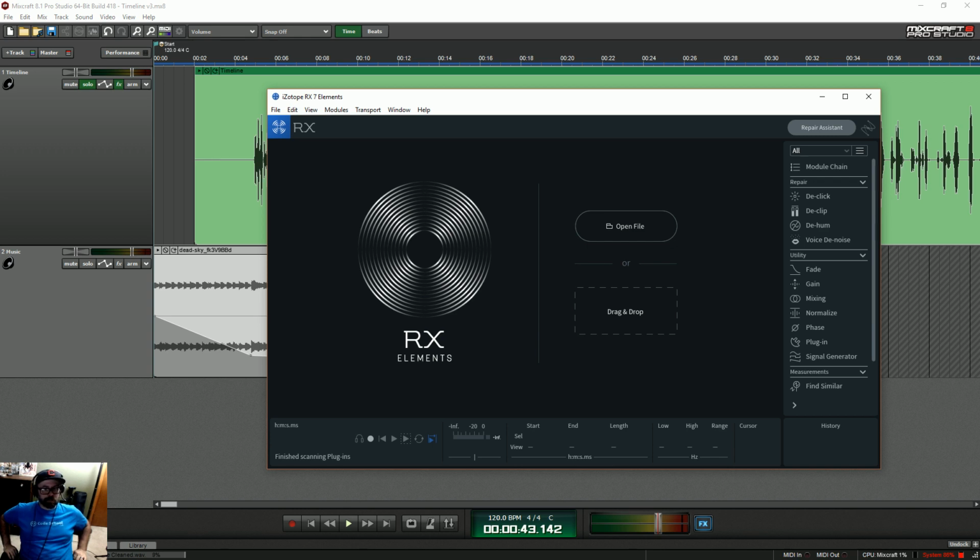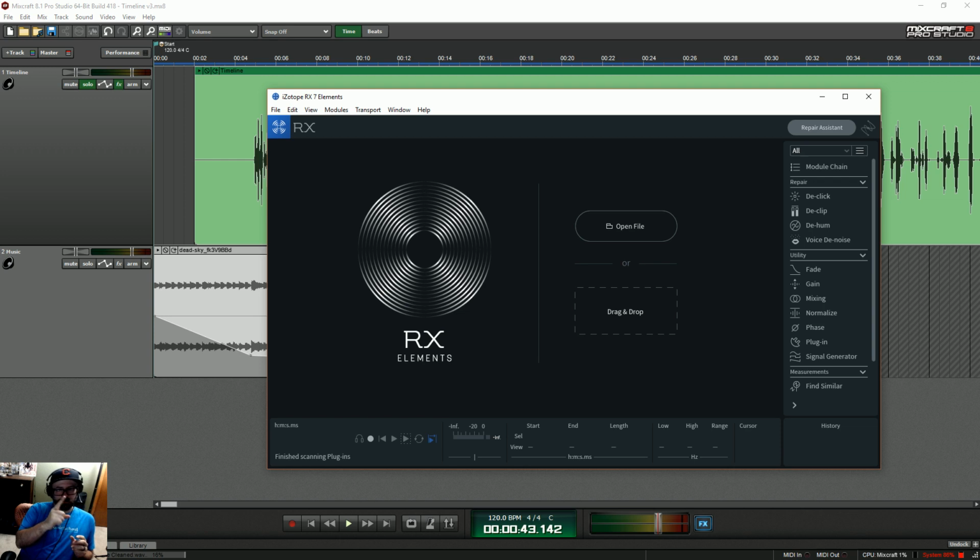But yeah, Isotope, I've used that for quite a while now. This version, RX Elements, is normally like $150 or something like that. But if you check every so often, B&H Photo has their daily deals.